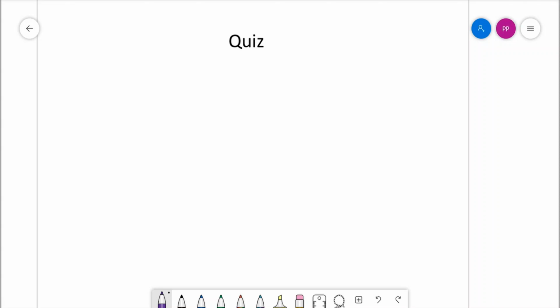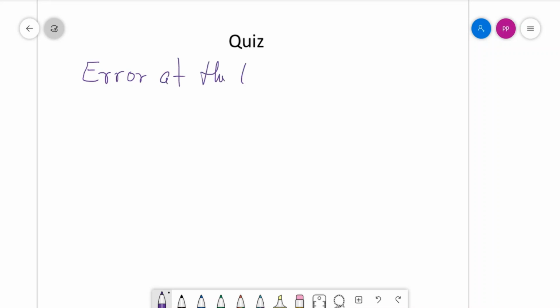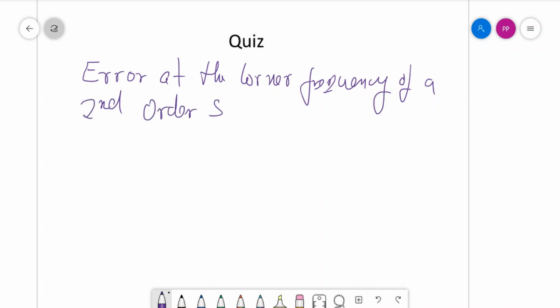So the quiz is: error at the corner frequency of a second order system model